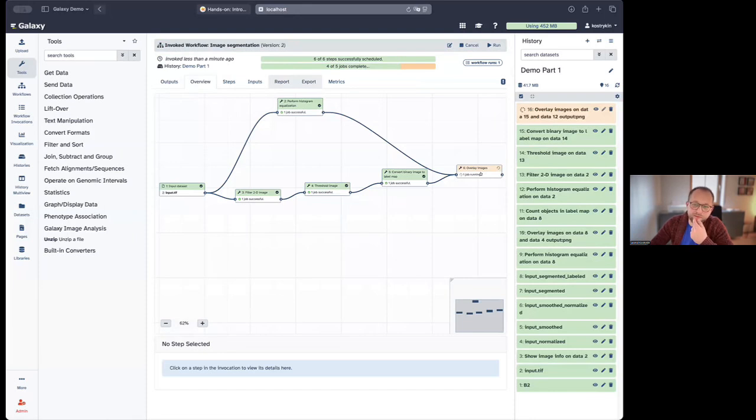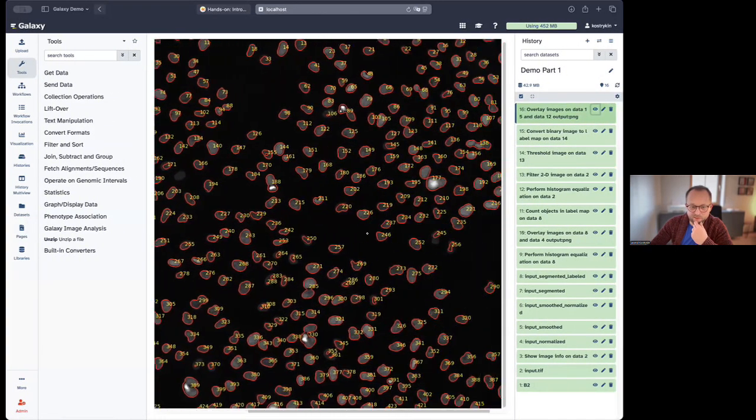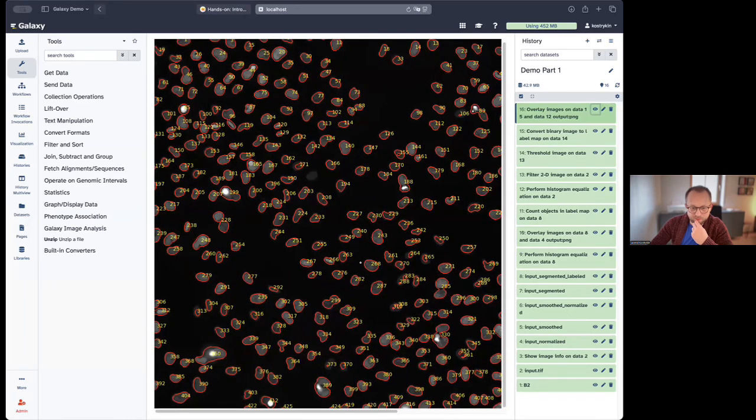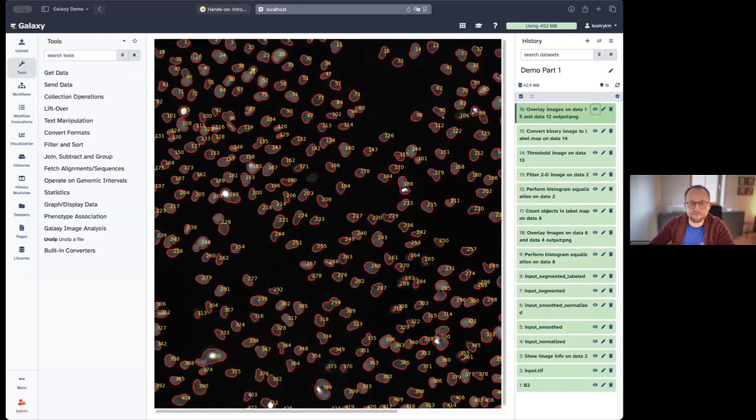And the image that I will receive from the execution of this workflow should look the same as the image that I have produced using my manual analysis. Yep, this is what it looks like. We still have this object labeled 425 at the lower bottom. So yep, it looks pretty much the same.